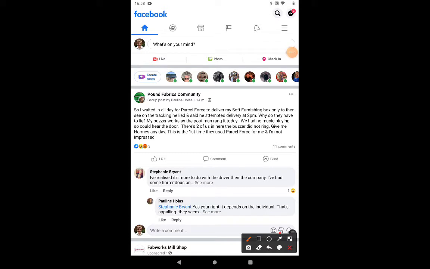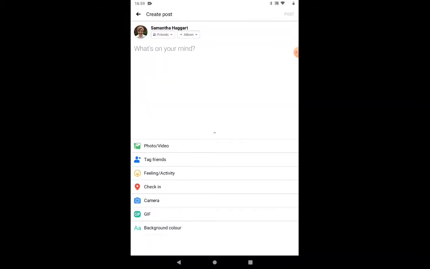People don't always know where to start typing and creating their posts. As I said before, all you see here is the "What's on your mind" box. It doesn't actually say create a post or write a post. It's not very good wording, to be honest, but that's where you start creating your post. You just tap where it says "What's on your mind", and it comes up with the box where you can start typing your post.